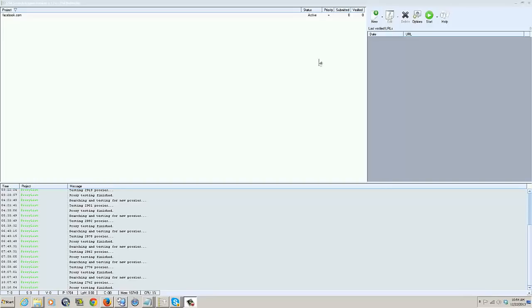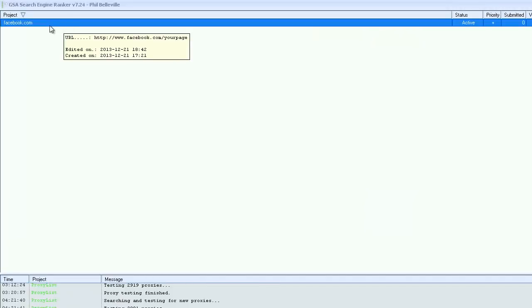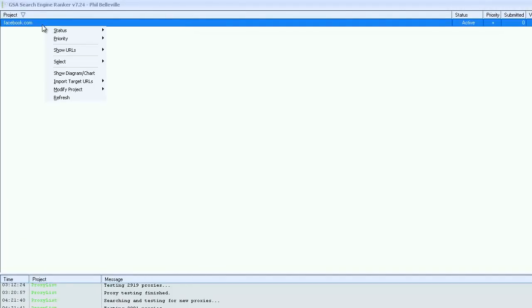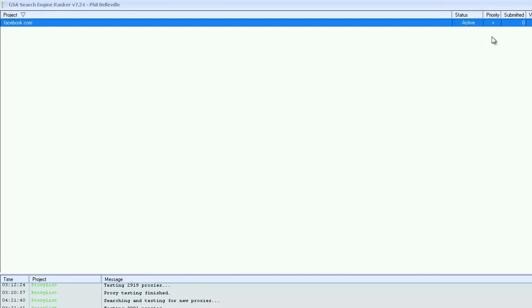Okay, now that we've got all of our settings done for our project, our campaign, we can go to our campaign and highlight it. And we've been using in this highlighted format the edit button to go in and edit the details. There's another set of options we can use by right-clicking on the campaign itself. For instance, we can turn its status to active or inactive. You notice it's active right now. We could also just do it by clicking on here. We can change the priority,